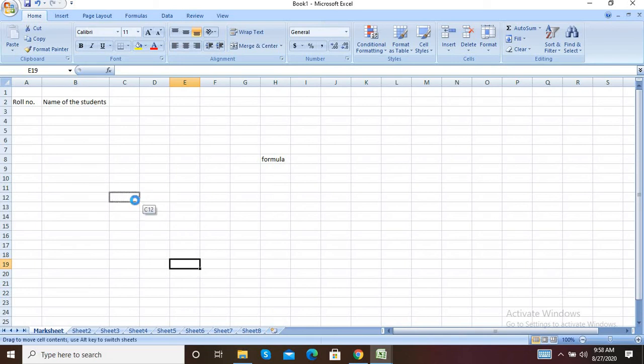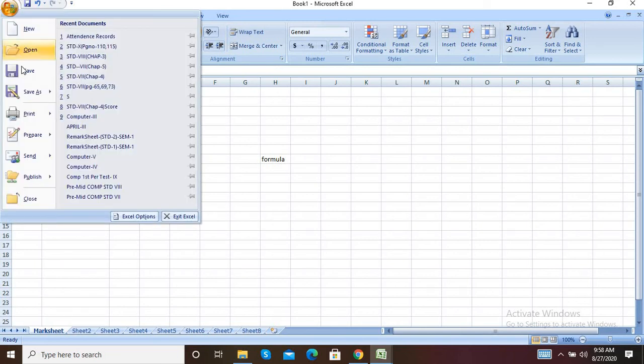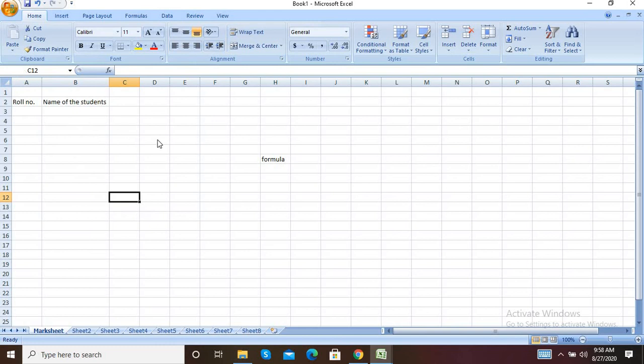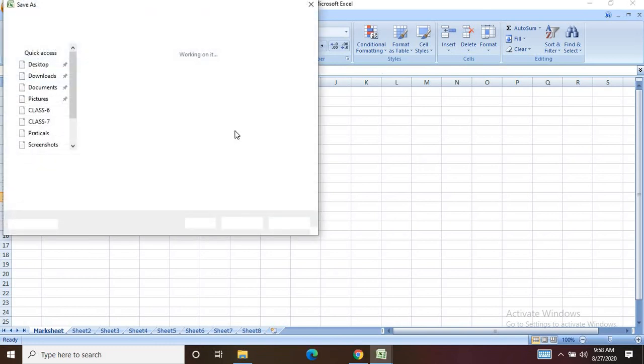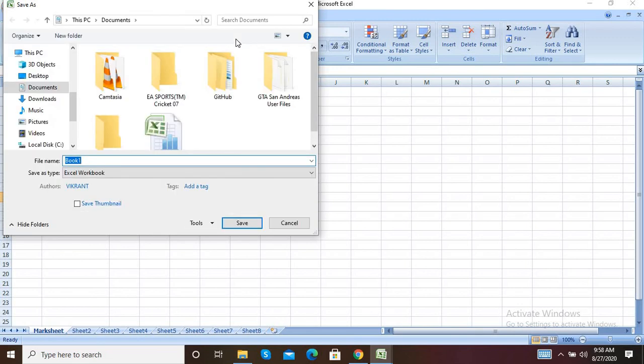Now see how to save your workbook. Go to the file tab, click on the save option. When you click on save, one window will come, the Save As window. Write a relevant name for your workbook, for example, student information.